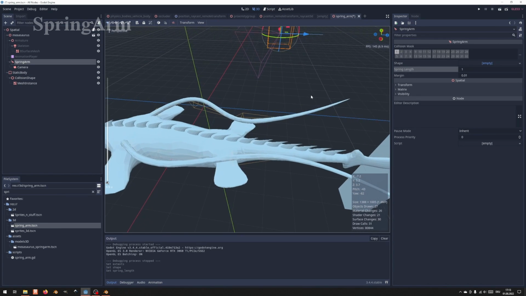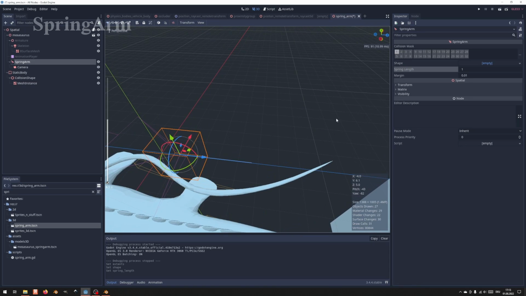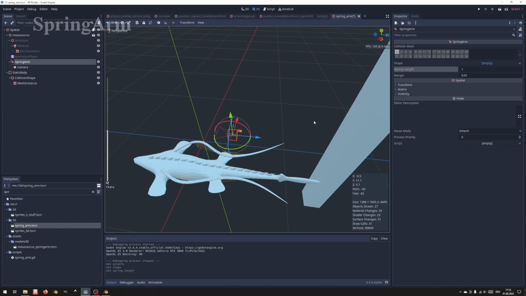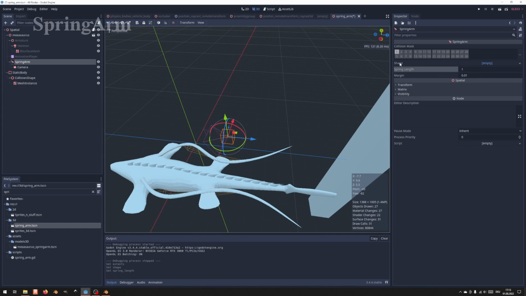The spring arm is a really cool node. You might have already heard of the clipped camera, which is basically a raycast that, if it intersects with an object, will place the camera at the place where the object collides with the raycast. This is used so that the camera doesn't look through objects which might stand between the parent of the camera